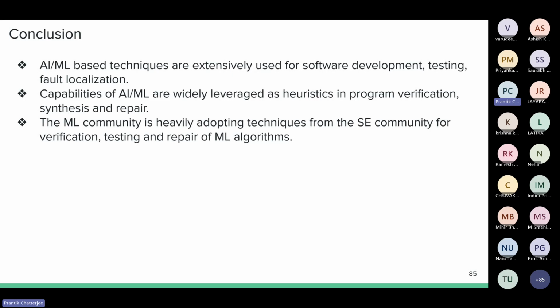Now, you can employ a verifier to give a proof that your model does not contain adversarial examples. Of course, this is a very difficult problem and an ongoing work, but people are attempting things like that. So with that, I'll conclude my talk.